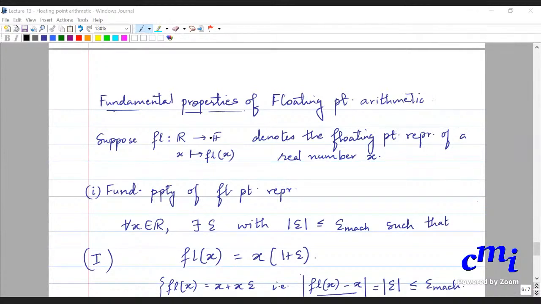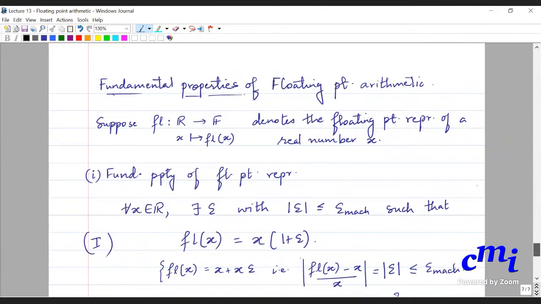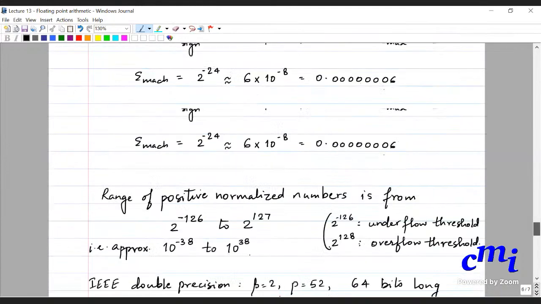this fundamental property of floating point representation. So there are two properties that we will be talking about. One is floating point representation itself. That means when you enter a real number, how does it get rounded off? What is the floating point that represents that number? So this is nothing but we are just rewriting the definition that we wrote earlier for